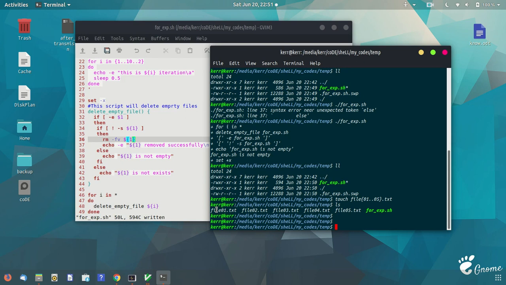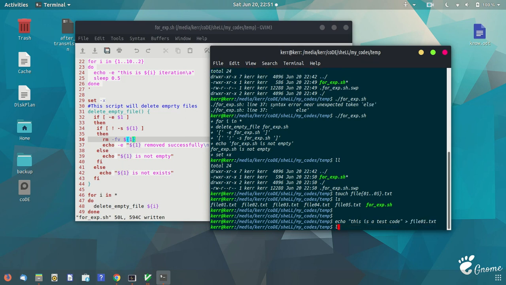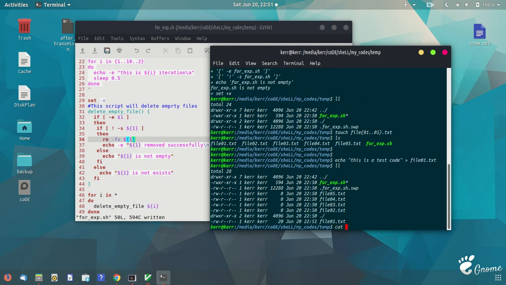So let's write something within file 01. This is a test code. Let's write it in file 01. Check whether it is written or not.